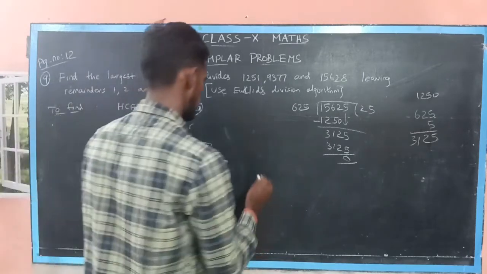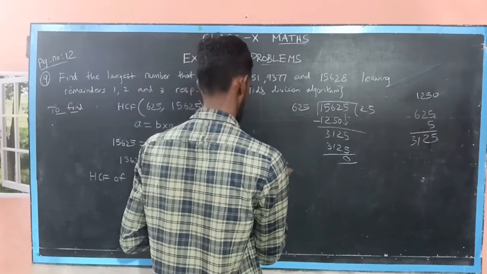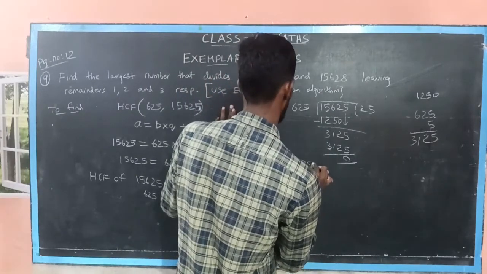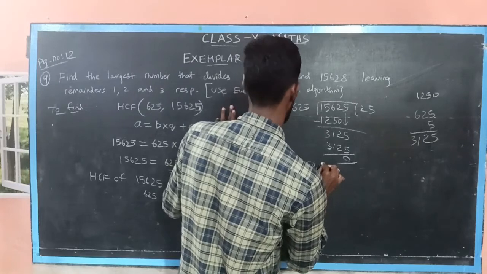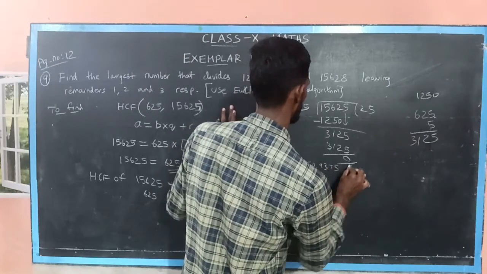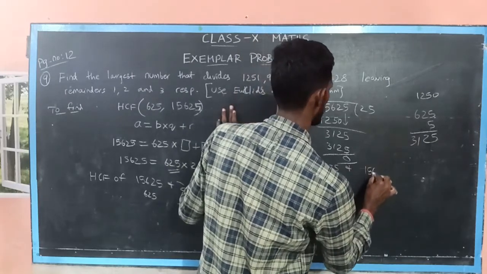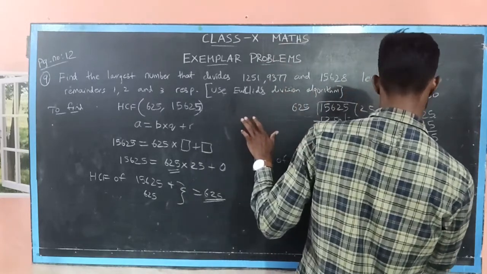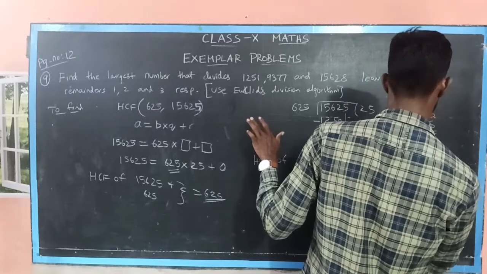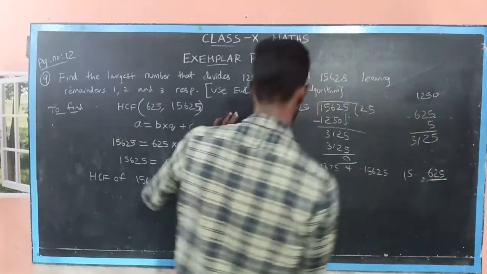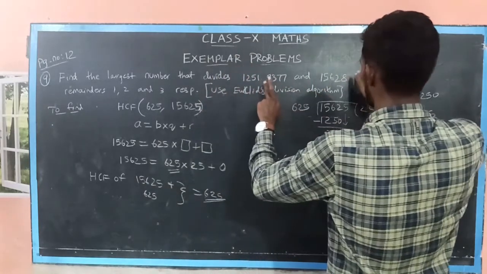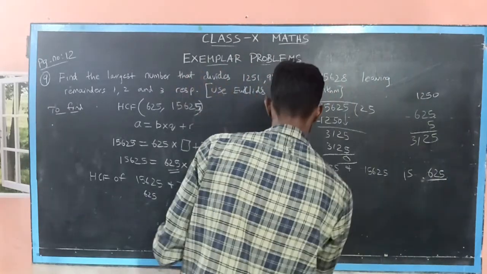So, I can conclude that the HCF of the three numbers 1250, 9375 and 15,625 is 625. Okay. So, the conclusion is that when these numbers are divided by